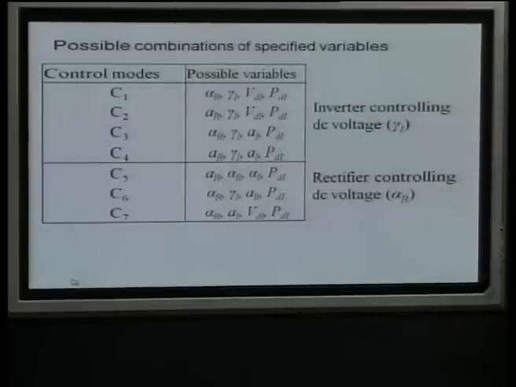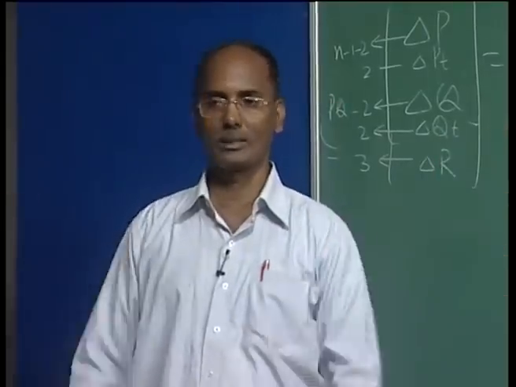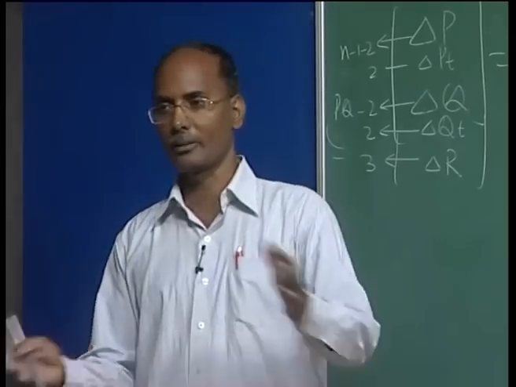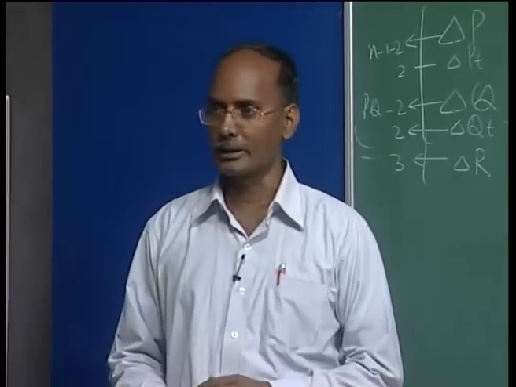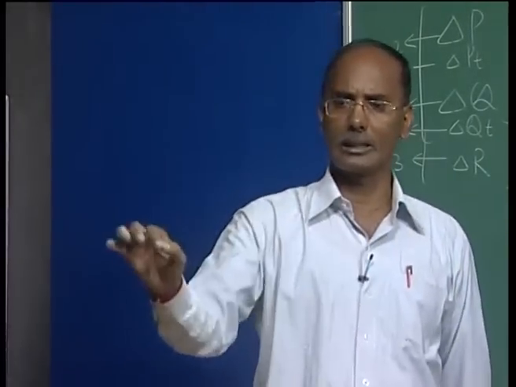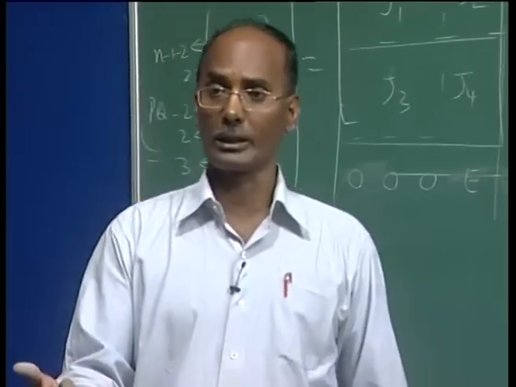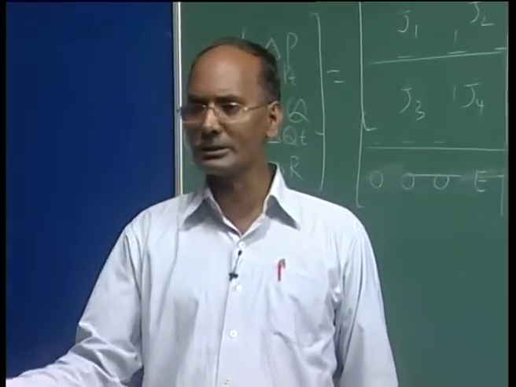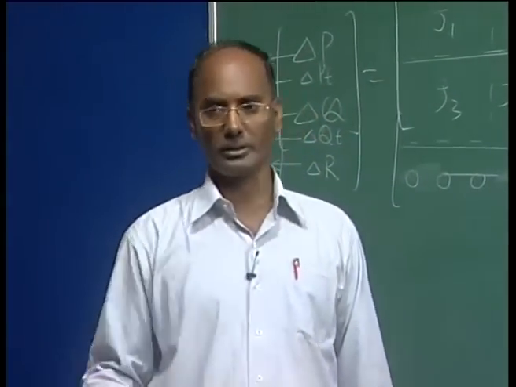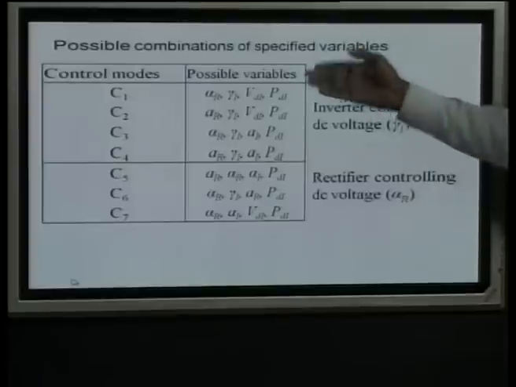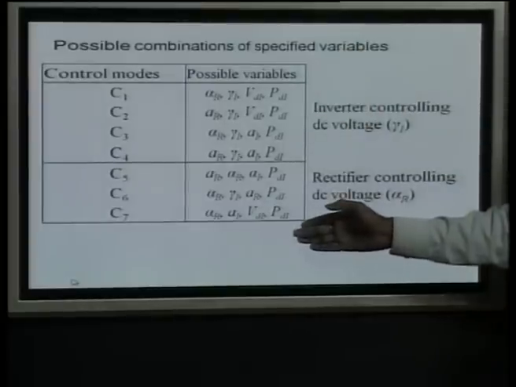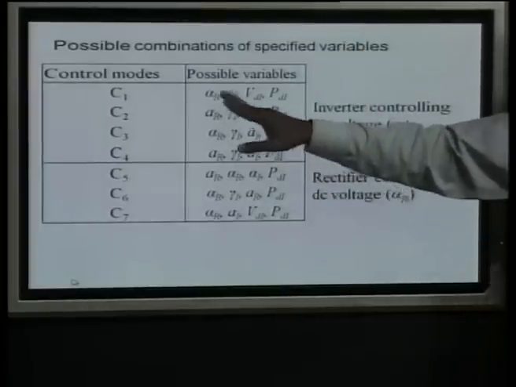The PD is everywhere, and this power is fixed, that is how much power you are flowing in this link, and then the remaining you can calculate from the control modes, because power normally is set in the DC link. This is the beauty, this is how much power you are setting. If you keep on changing the power, you can again calculate the DC variable. So you can see this ID is everywhere, and the others here are alpha,